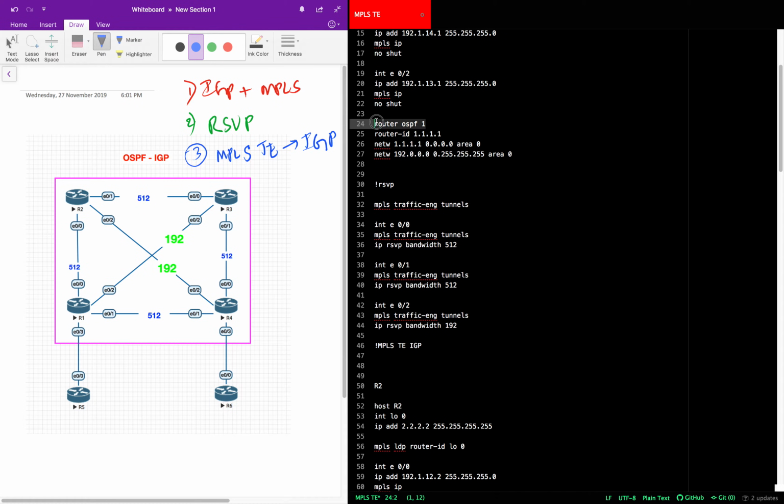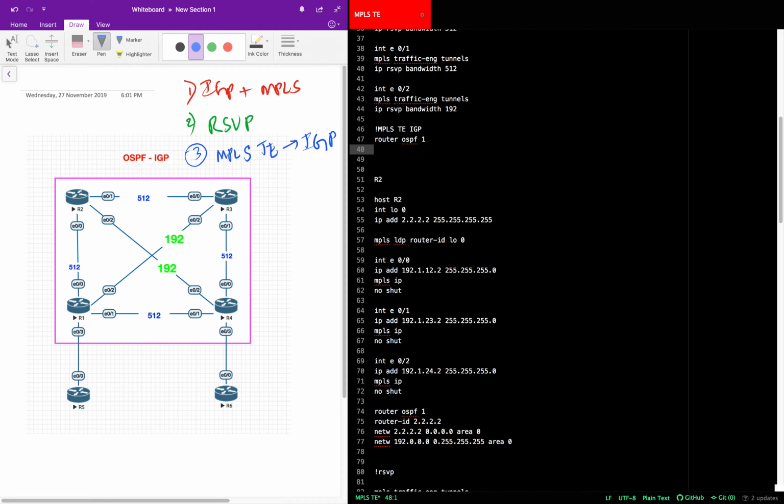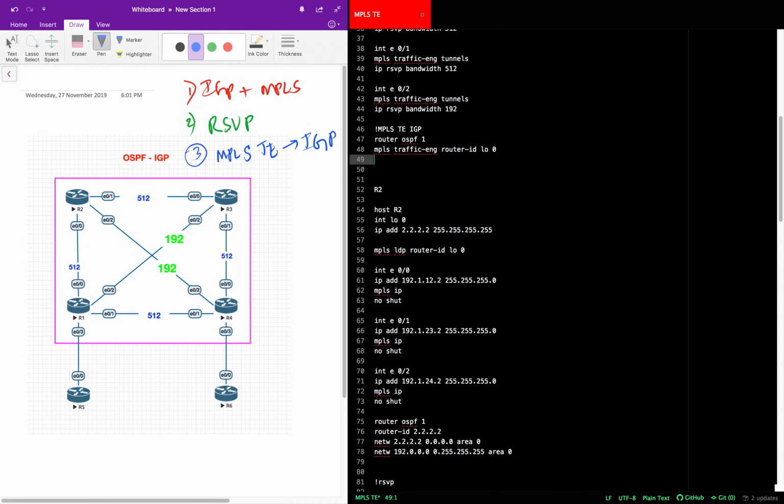And how do we do this? You go inside the router OSPF, which you have already configured, right? I mean, I could have done this all in one shot, but I wanted to show you the different stages of it, right? So that's why I'm doing it separately. Traffic engineering, just like how you would define a router ID for your MPLS, right? Similarly, you define a router ID here as well for traffic engineering, right? And because it is OSPF, you need to also put in an area. So you're going to put the area. In this case, as you see, I'm using just area 0. There you go, that's done,